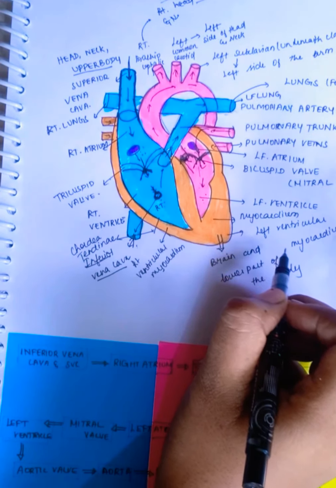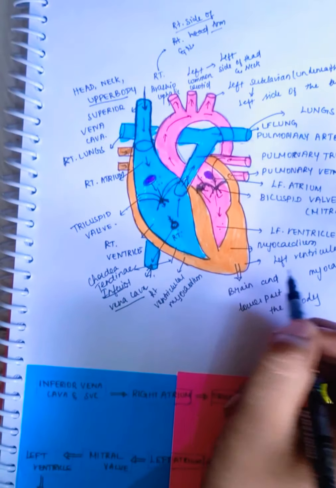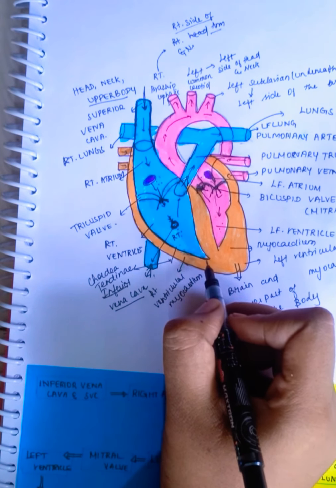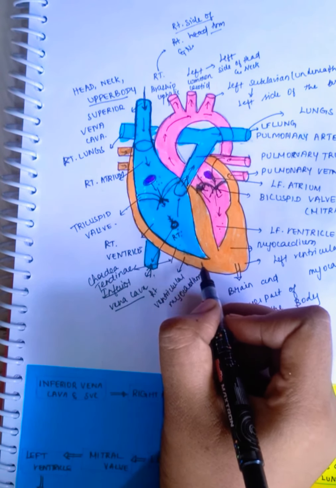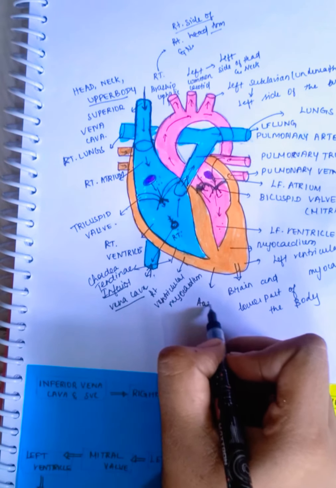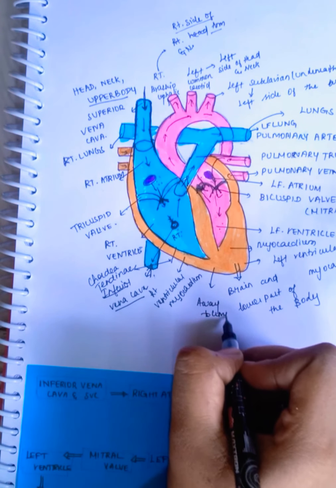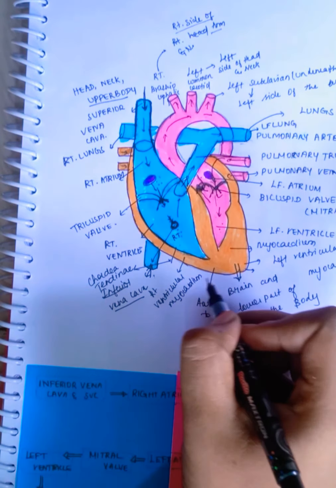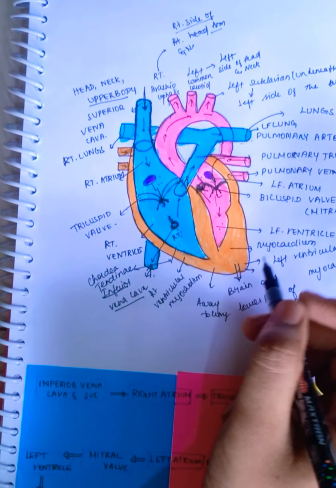The right ventricle does not have as thick a muscle as the left ventricle does, and this is because the right ventricle has to pump the blood only a few inches away to the lungs, but the left ventricle has to pump the blood all the way to the brain, so it is bigger and stronger. So we have completed this. Again,